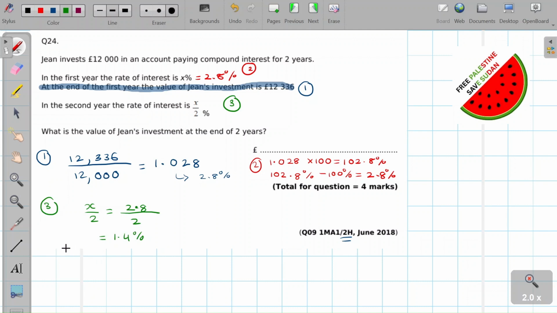So then I do 100% plus 1.4%, which is 101.4%. Okay, and that's 101.4%. As a multiplier, it'll be 101.4 divided by 100, which is 1.014. And then at the end of the first year, the value of the investment was